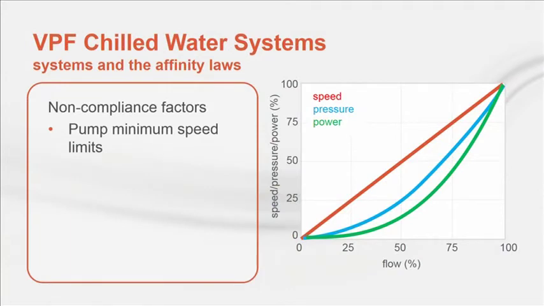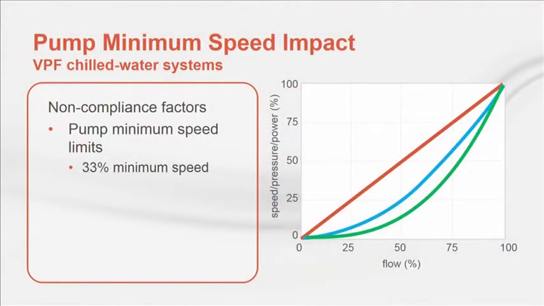Most pump motor combinations have a minimum speed recommended by the manufacturer to ensure motor cooling or pump reliability. Let's say the pump minimum speed requirement is 20 Hertz, or about 33% speed. The pump can never be allowed to operate at less than that speed, no matter what the system load is. We see that below